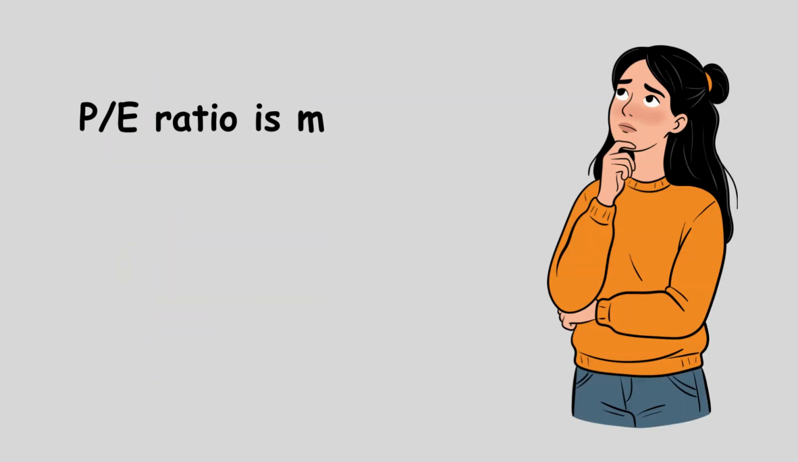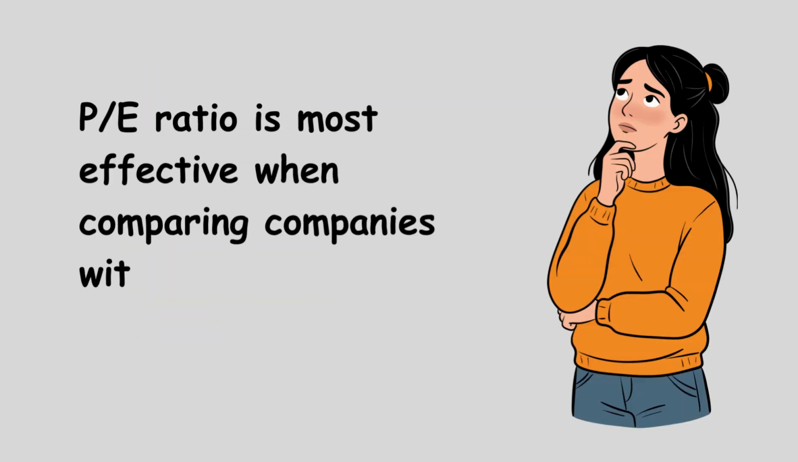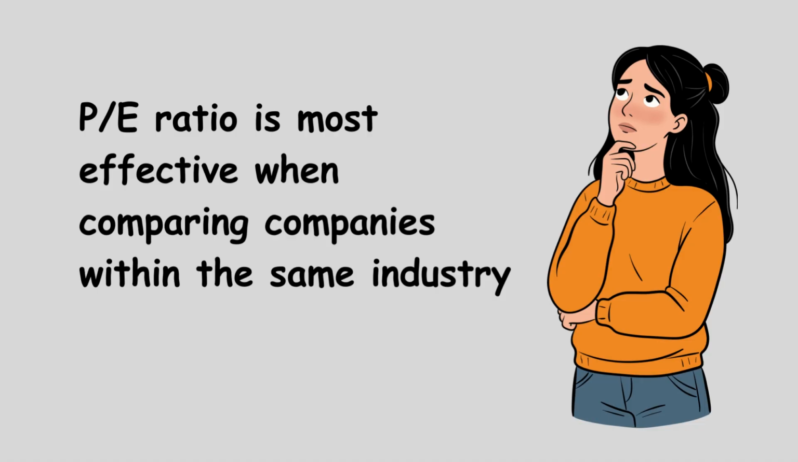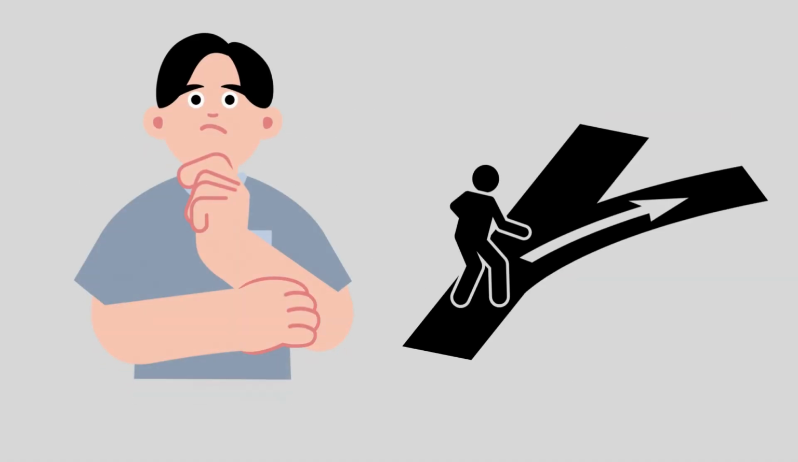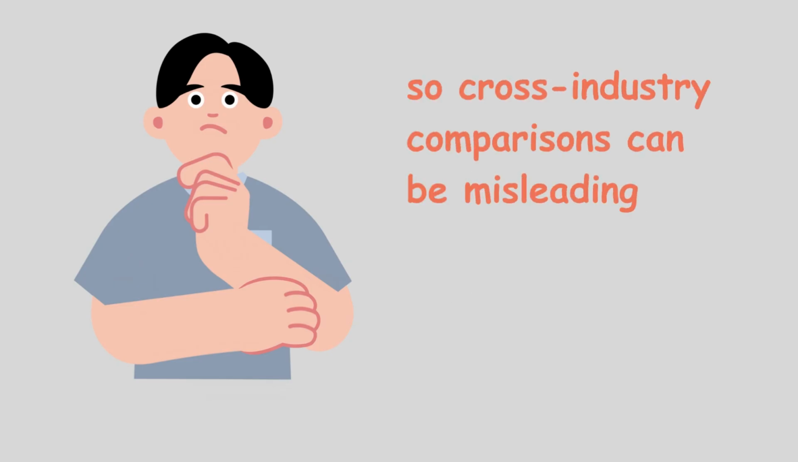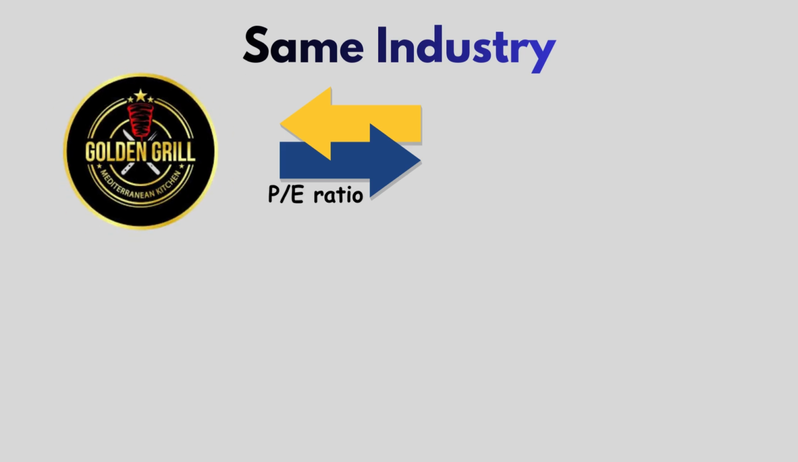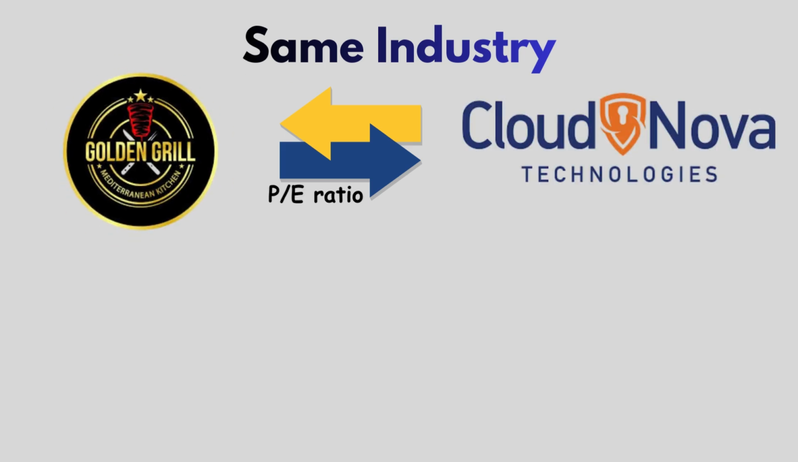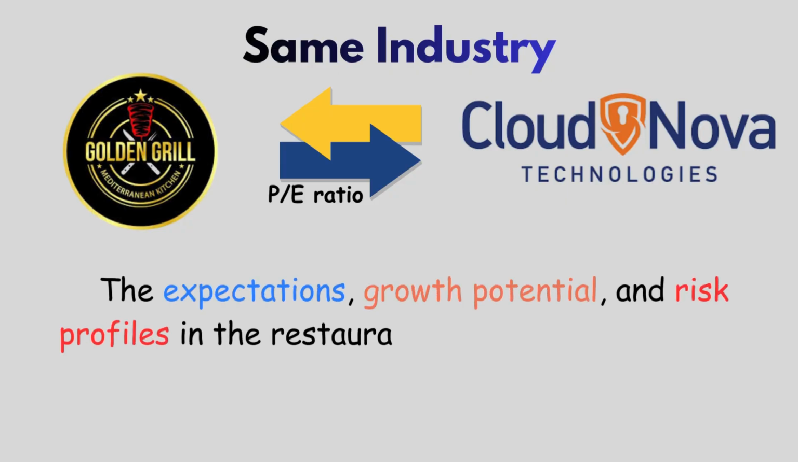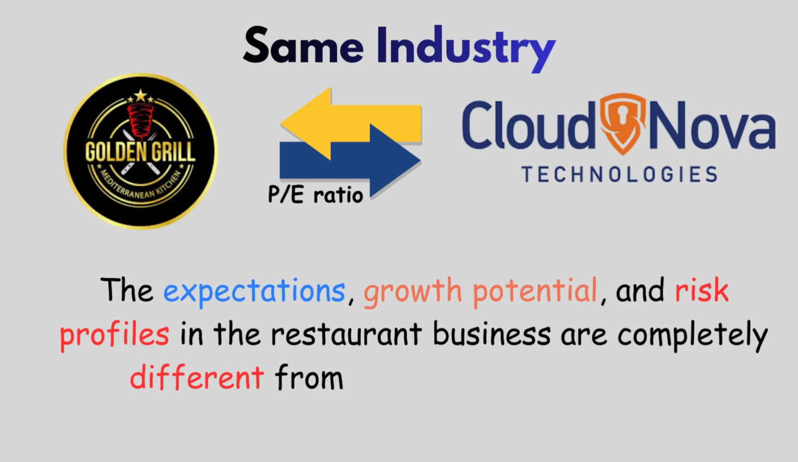It's important to remember that the P/E ratio is most effective when comparing companies within the same industry. Different industries naturally have different average P/E levels, so cross-industry comparisons can be misleading. For example, it wouldn't make much sense to compare the P/E ratio of Golden Grill Foods with that of Cloud Nova Technologies. The expectations, growth potential, and risk profiles in the restaurant business are completely different from those in the